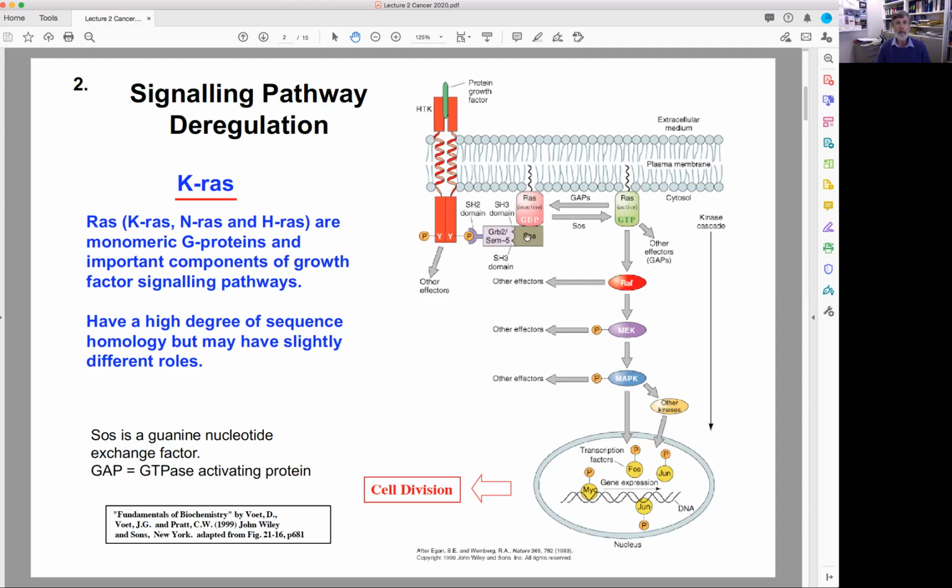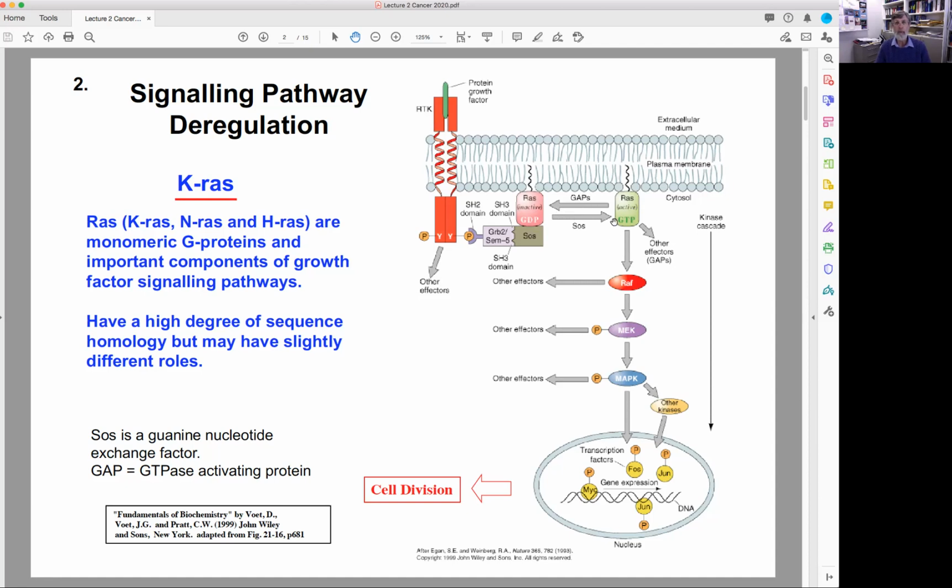So this SOS is actually, I've got it down here for you, a guanine nucleotide exchange factor. So as I say, it stimulates the exchange of GDP with GTP to give the active G protein. And this process can be reversed by these GAPs. GAP is a GTPase activating protein that increases the inherent ability of RAS to slowly, under no other circumstances, hydrolyze the GTP back to GDP to give the inactive form of RAS. So anyway, RAS has been activated